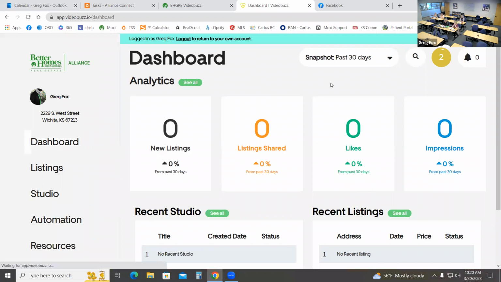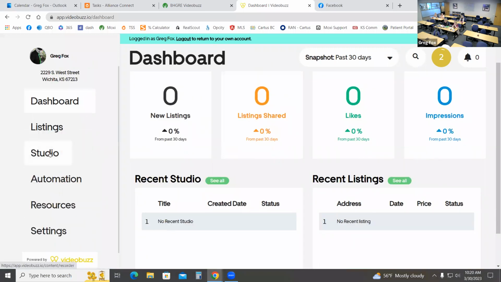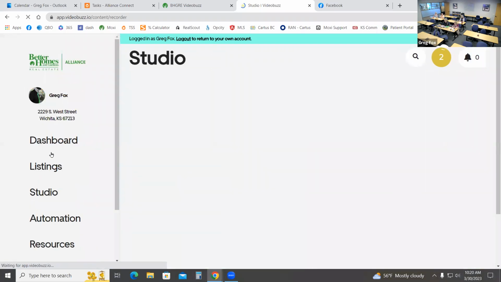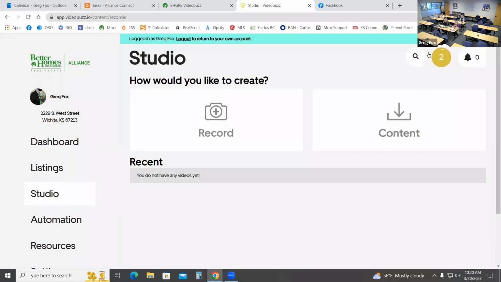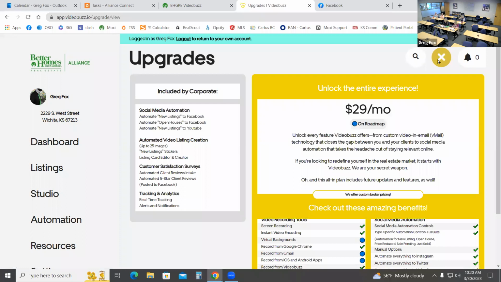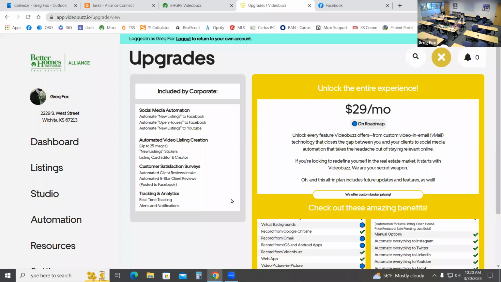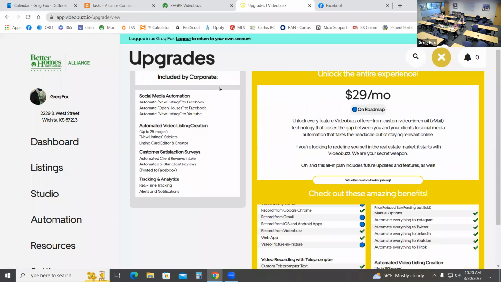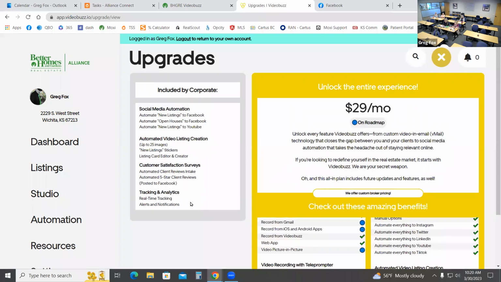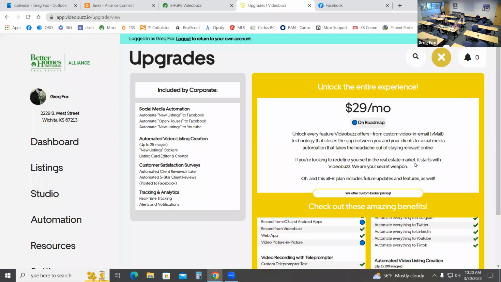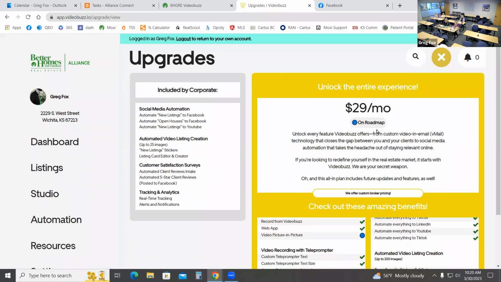So you'll see there's a thing over here that's called Studio. And you're going, oh, what's a studio? So the upgrade version is $29 a month. Now it's a monthly thing. You can turn it on, you can turn it off. And this describes the difference between what you get as a corporate side and what you get, and that's why I like to show this, and what you get if you do the